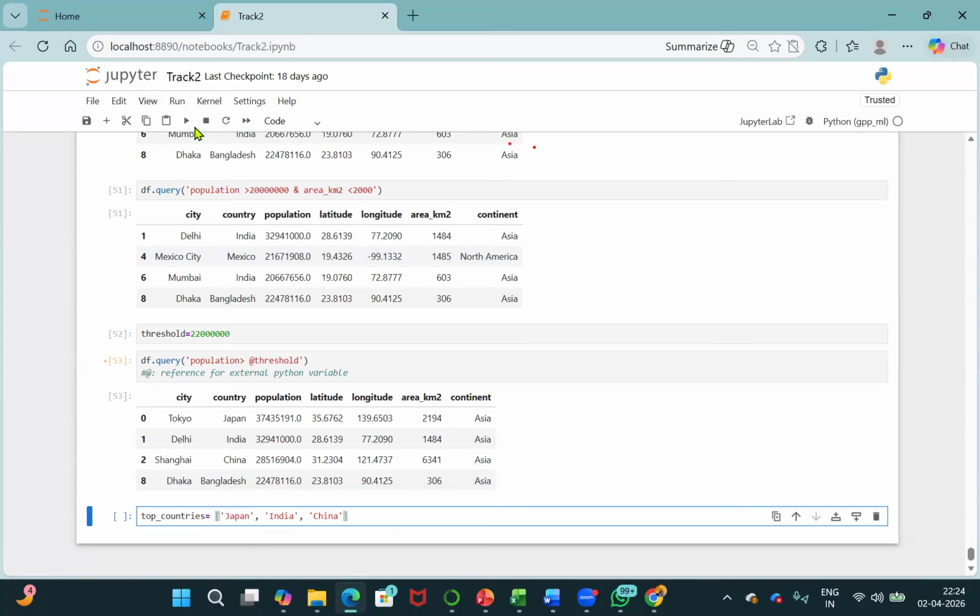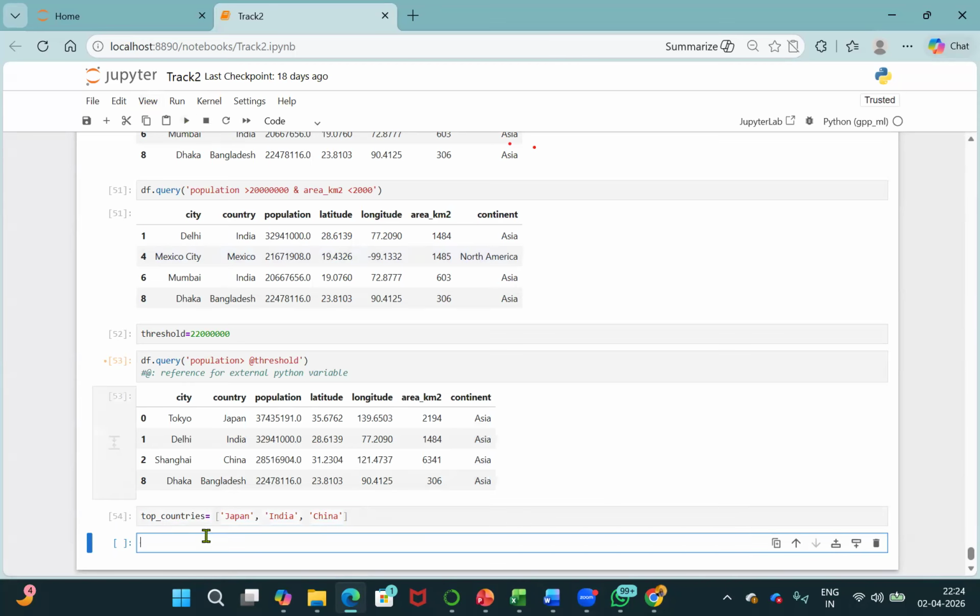Right? Let me run it. Now, if I say df dot query country in at the rate top countries,